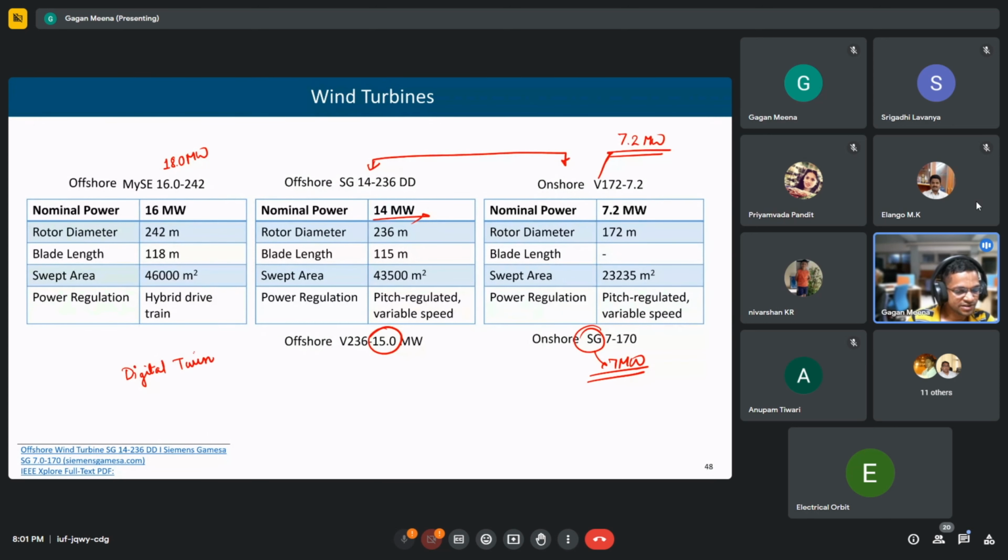The digital twin technology is that the physical process which is happening in the wind turbine, that entire mathematical model, is being simulated inside a processor on a system. They will have some sensors on the actual wind turbine. This sensor will send data to that model, and then that model can do all the real-time analysis and can also give back any signal to change the pitch angle, whatever we want to do. That is also available nowadays. That is called digital twin.